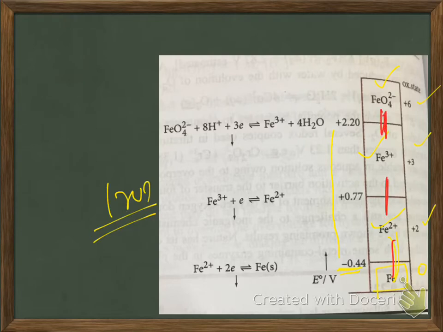If you have been asked, from 0.77 to 2.2, which is the most predominant species, then you have the answer Fe3 plus. This kind of prediction can be done by this diagram, but it is possible only if the